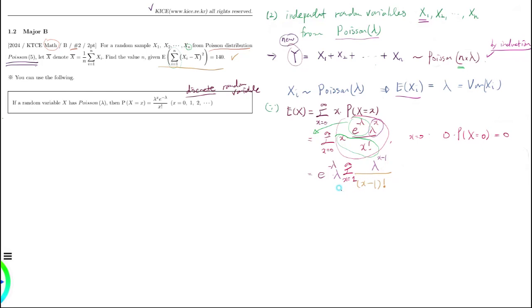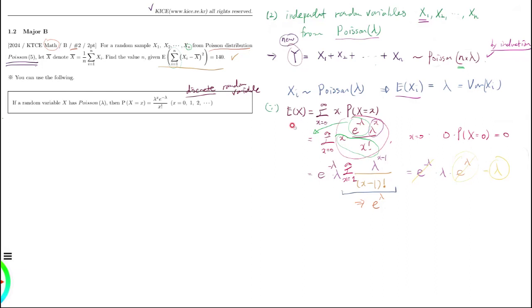And by the way, this is nothing but the uniformly convergent function whose limit is e to the lambda here. So the result is here e to the minus lambda times e to the lambda, which is lambda, because e to the negative lambda is cancelled out by multiplication with e to the lambda. Okay,